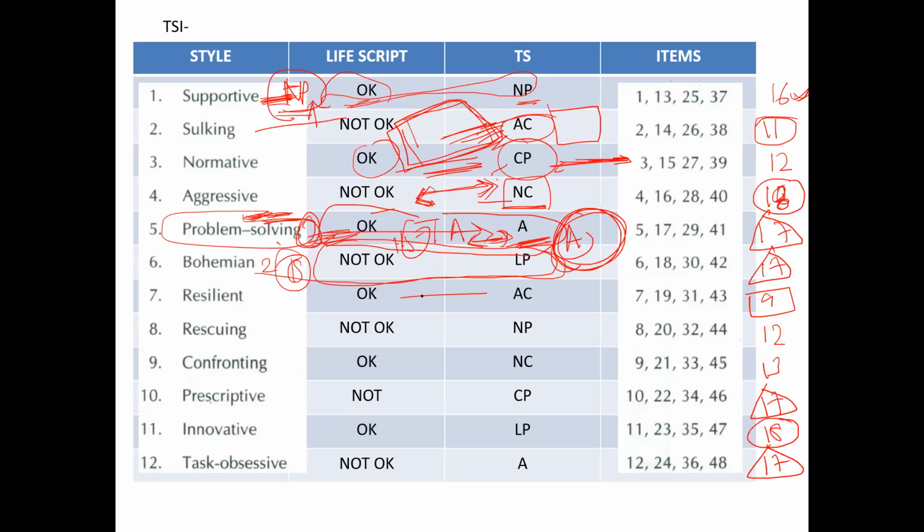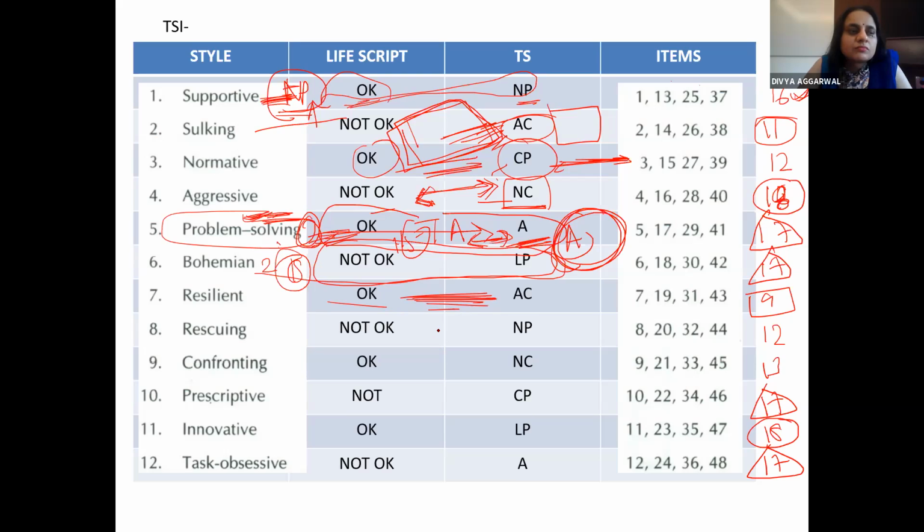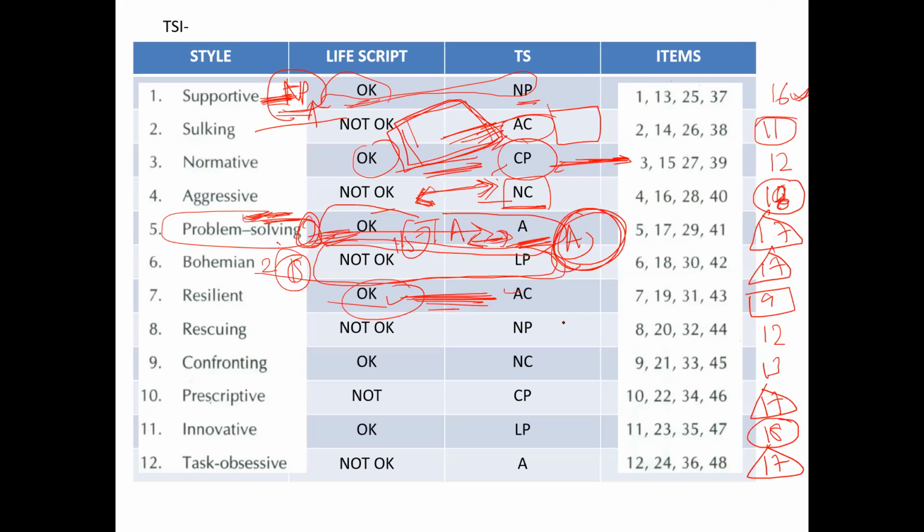This category is a beautiful category. Resilient. We require a lot of resilient people around. Adapted child, but to the amount required. They make a very joyful organization. Right amount of curtsies, right amount of social adaptation, right amount of thank yous and pleases, right amount of constructive criticism, right amount of constructive appreciation. Perfect.